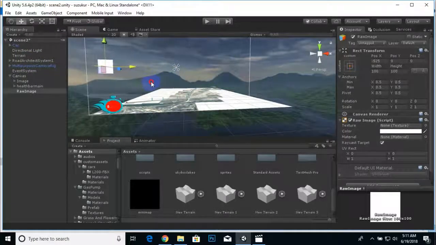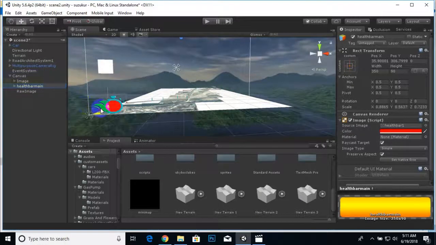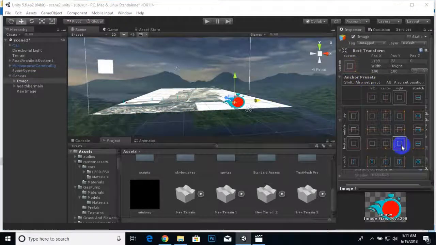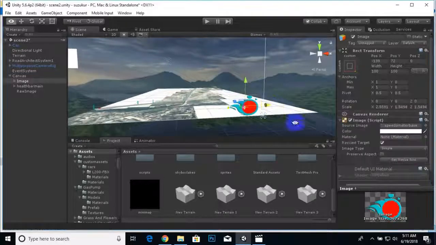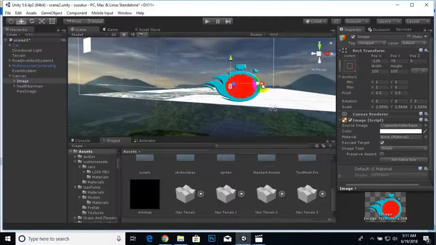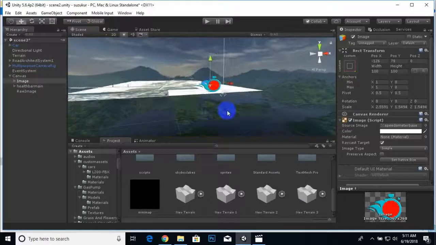I think the speedometer will be on the right side and this should be on the left side. Maybe, yeah. So what we can do, we can just move this speedometer here, and we will replace the anchor to this, and just adjust the settings. And now this is fine.